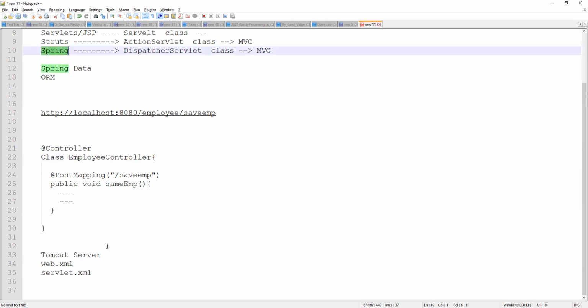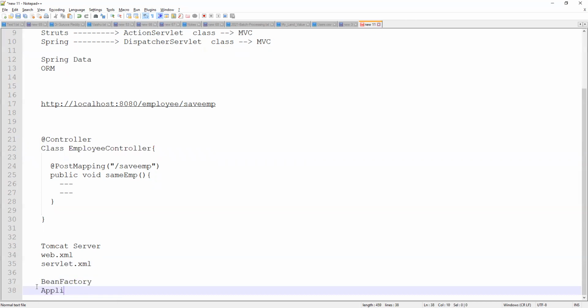Spring framework has two containers, two types: one is the bean factory and the second one is the application context.